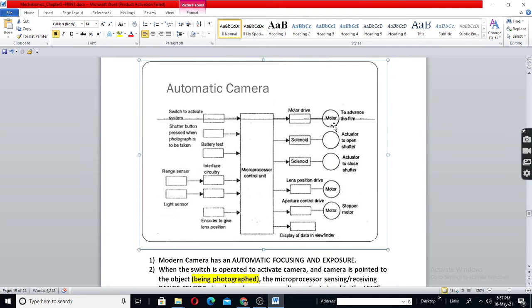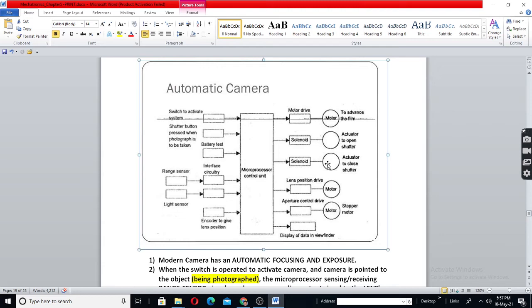So you have all these actuators and sensors here. See, the shutter sensor is here, and this is for the aperture. This is the main switch. Again, battery test checks whether the battery is okay or not.